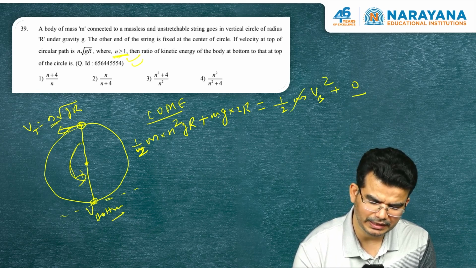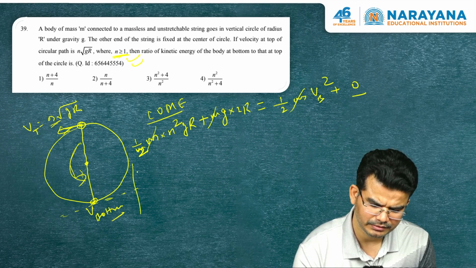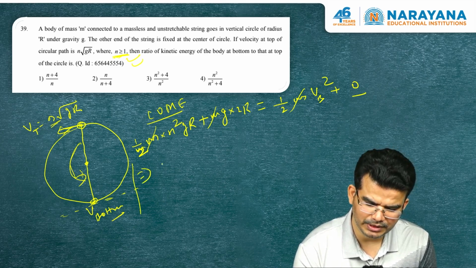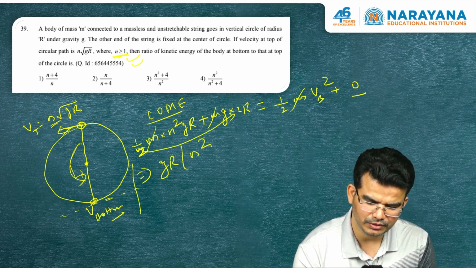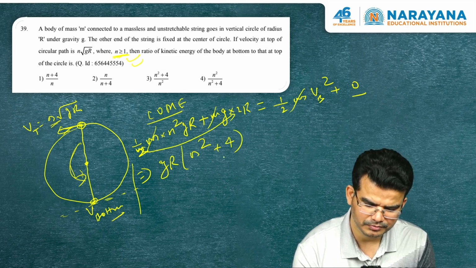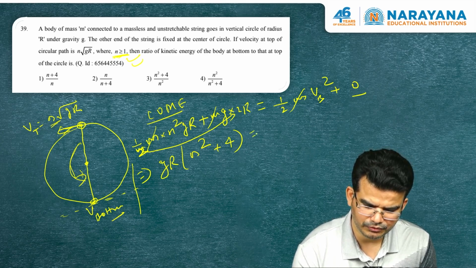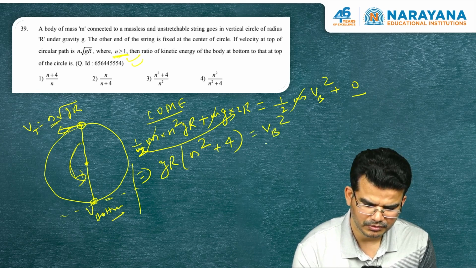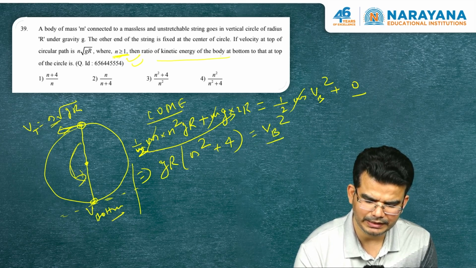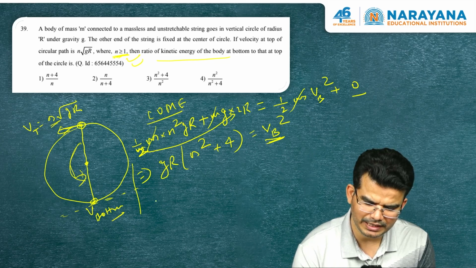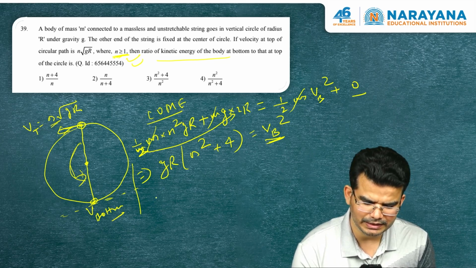This Vb they are asking, m anyway gets cancelled out. Okay, very simple. So, what will we get here? I think gr is common, n square, and this 2 will go here, n square plus 4. Correct, any doubt? And this is equal to Vb square. What are they asking? I think they are asking directly kinetic energy only. I calculated velocity, but okay, they are asking kinetic energy. They are asking kinetic energy at the bottom